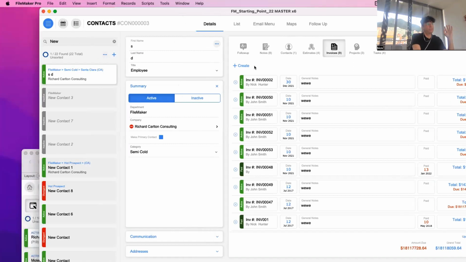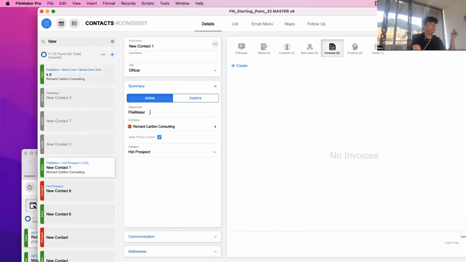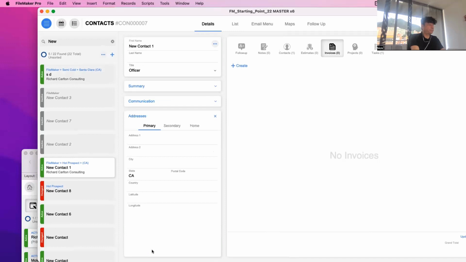So before we go, I want to finish this. Yes, we can put a lot of information in a small amount of space, right? And this is the best example. Here, this is FileMaker hot prospects in California, right? But if I go there and I add this there,